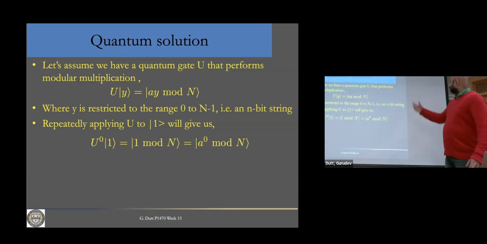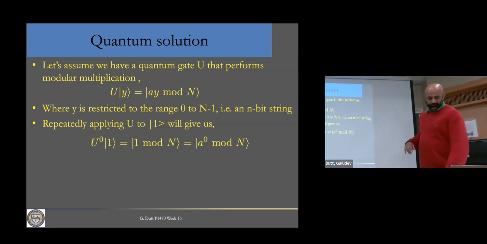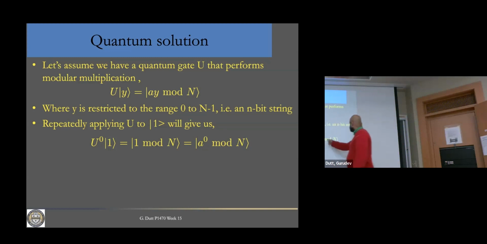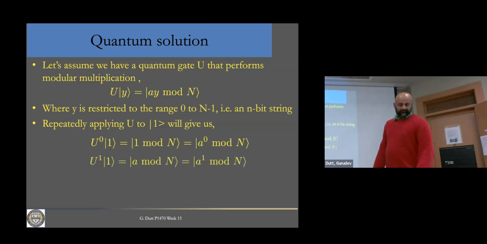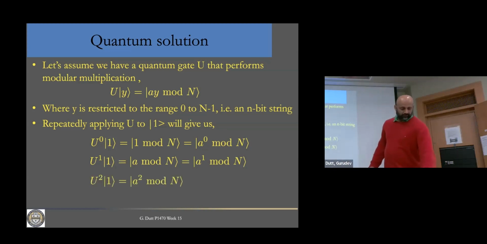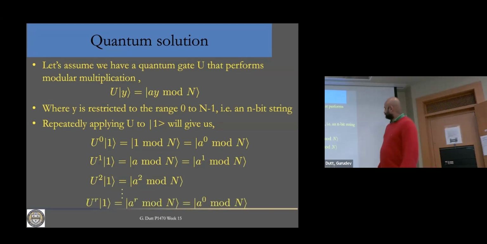And again, y is a bit string, which is restricted to n bits, and therefore can go from 0 up to capital N minus 1. Capital N is 2 to the power n. Okay, so this is u0, 1 modulo n, which is just a to the 0 modulo n. Then we can take the first power, that gives me a to the power 1 modulo n. Second power, a squared modulo n. And then the rth power of u will be a to the r modulo n, but as I just said, that is equal to 1 modulo n, because r is the period of this